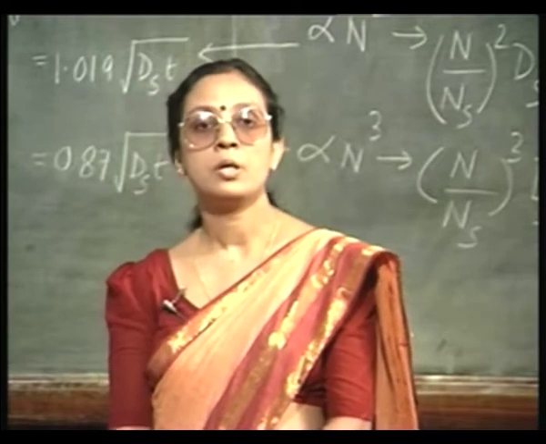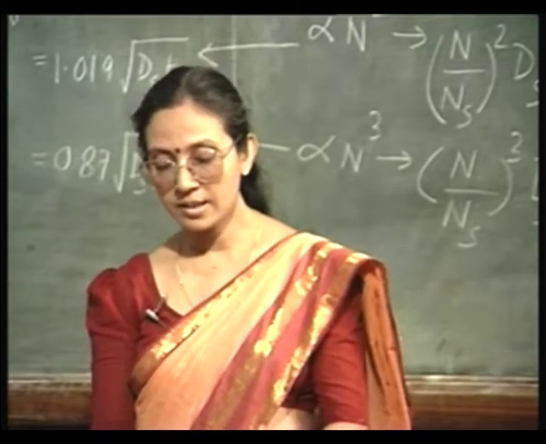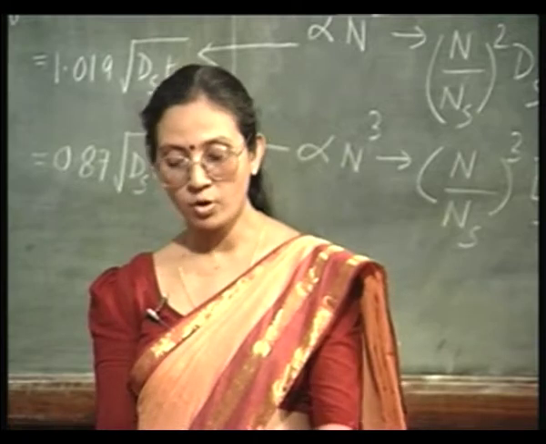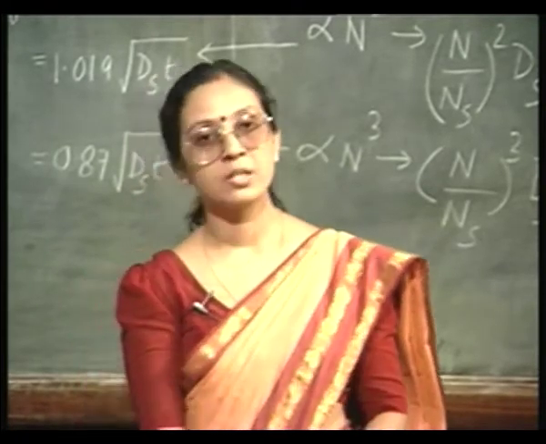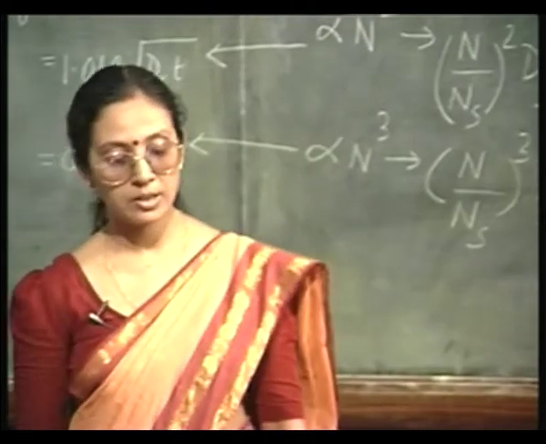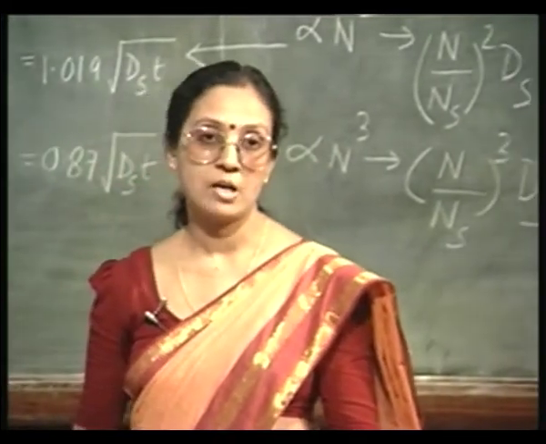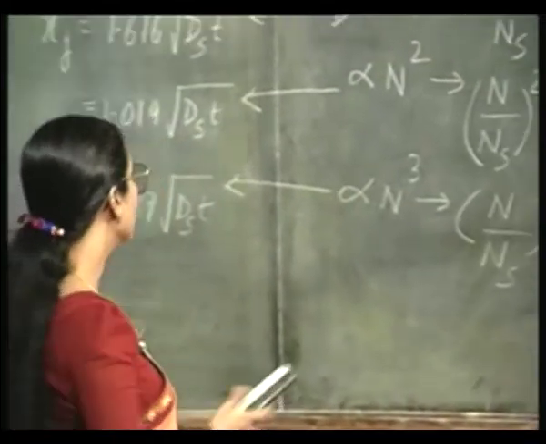You know that this infinite source diffusion followed the complementary error function profile, and the total amount of impurity that is put after carrying out the diffusion will be given by